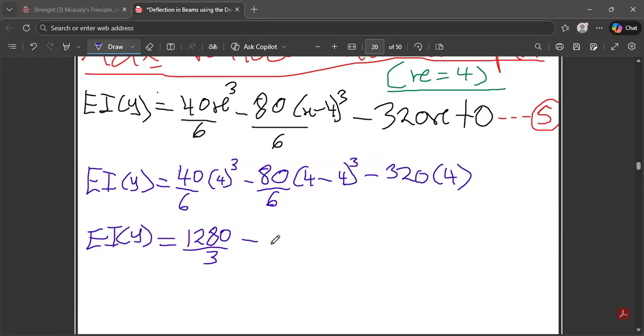Now 4 minus 4 all exponent is definitely still going to be 0. You know that, because any number times 0 is 0. Minus 320 times 4. You are going to get